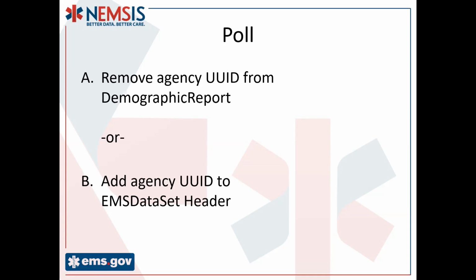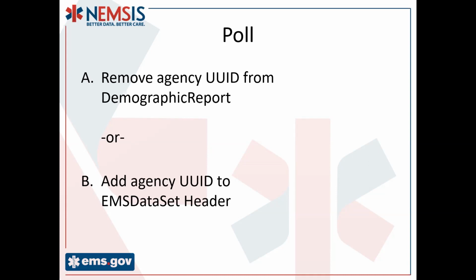So with a UUID added, that agency continuing to use the same software product would probably continue to have the same UUID that they would be sending to your state system. You would tell them their license number changed. They would update their license number in their local software. So when they submit data to you, you would probably have the same UUID with a new license number. And so the question in your state system is, would you want your state system to see that as a new agency, even though